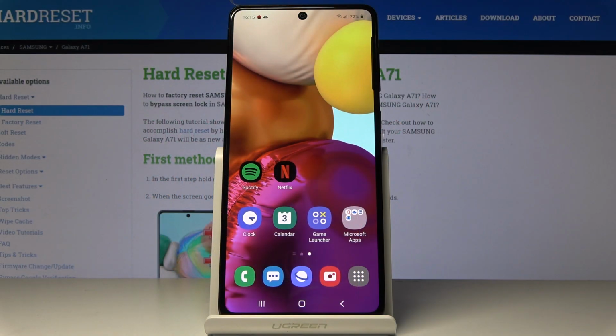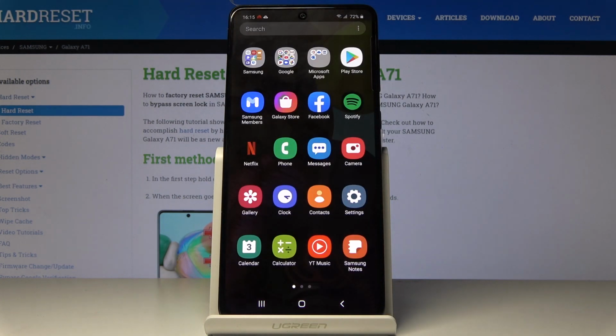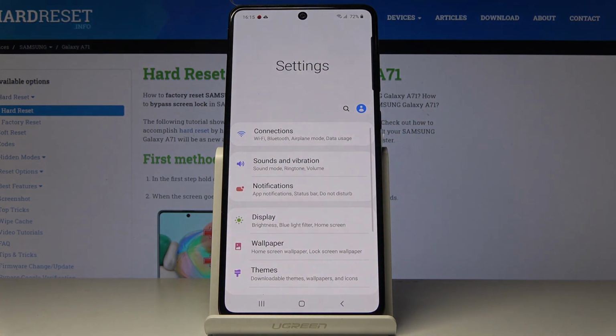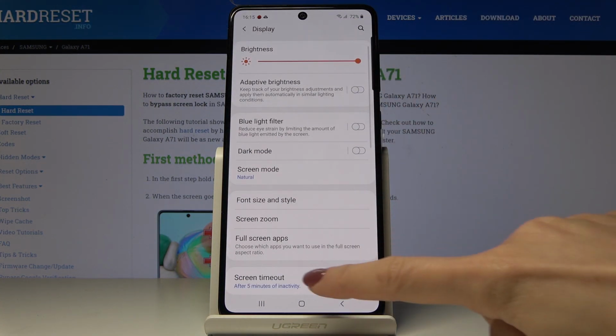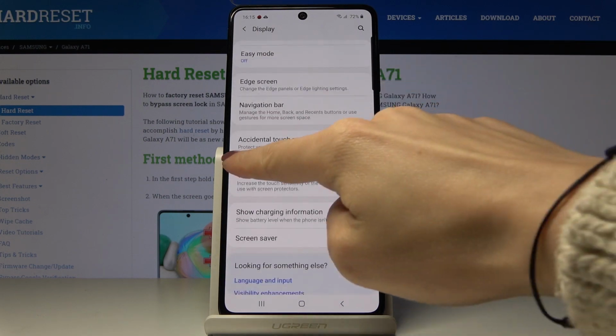Here I've got Samsung Galaxy A71, and let me show you how to activate accidental touch protection on the following device. So at first, let's open list of all applications, then find and select the settings. Now scroll down, find and pick display, and then you have to go a bit lower, where you will notice